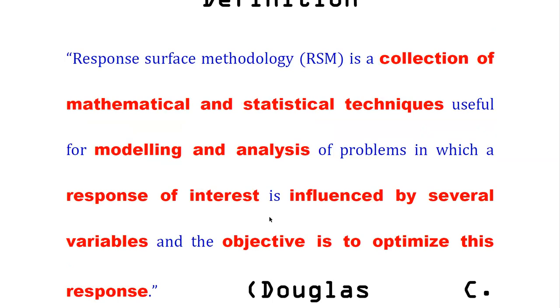In other words, we can say that a collection of mathematical and statistical techniques that are useful for modeling and analysis of problems in which a response of interest, any response which we want to calculate, is influenced by several variables, and our main objective is to optimize this response.